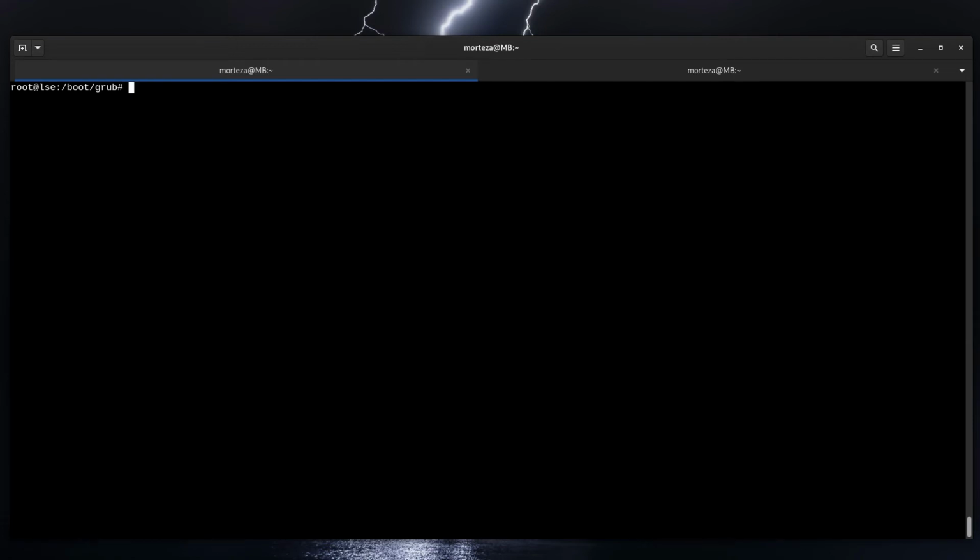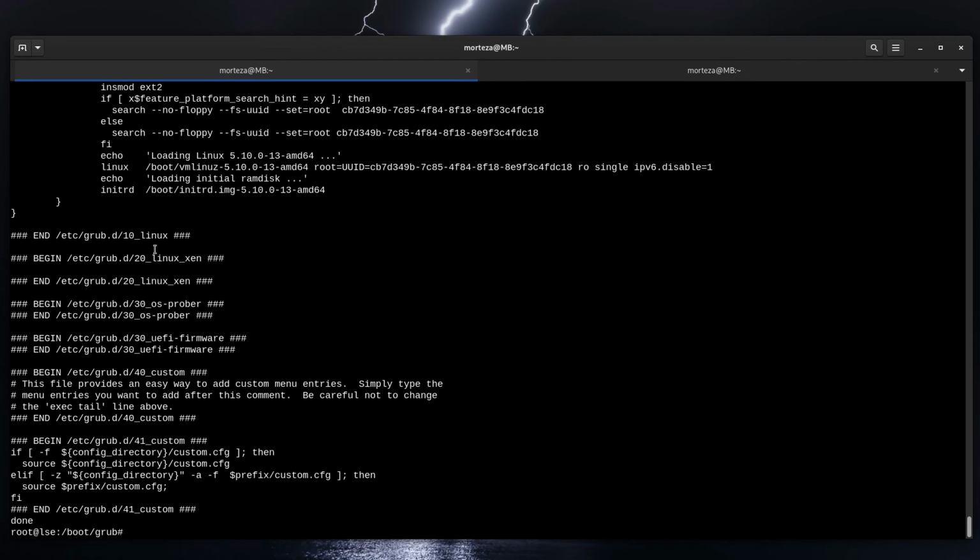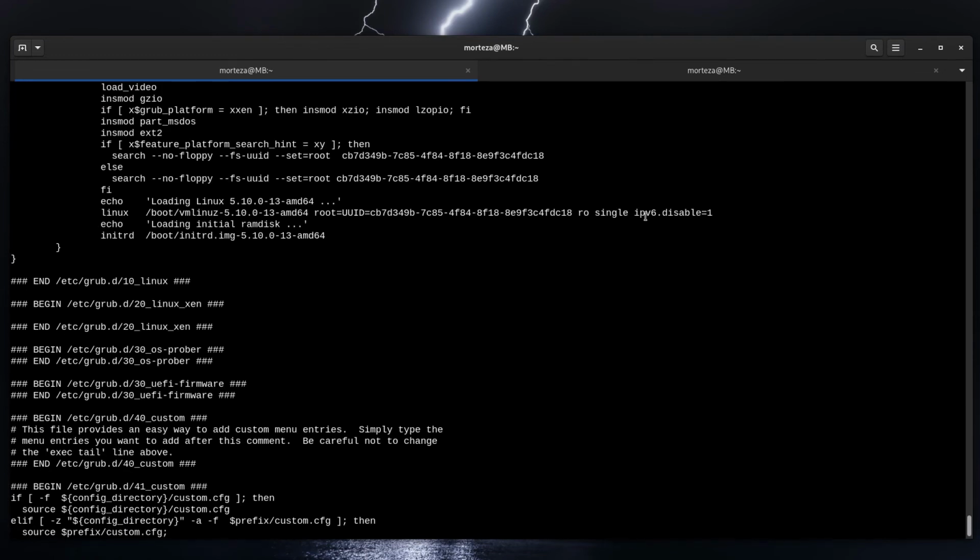Also, there is another command, grub mkconfig, that you can see it will generate the config, and here you can see that IPv6 is disabled,